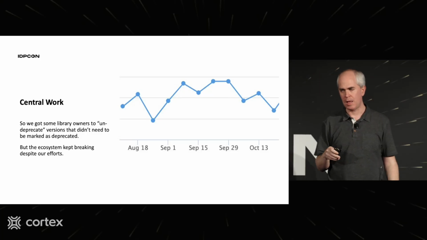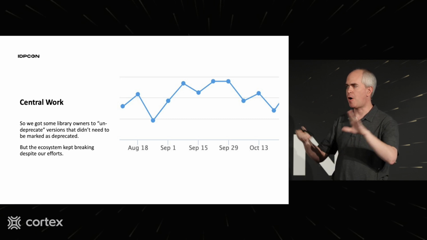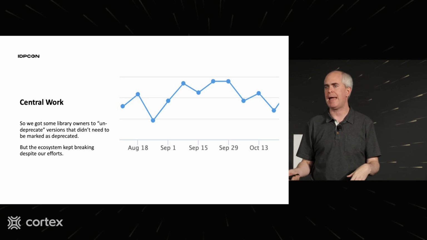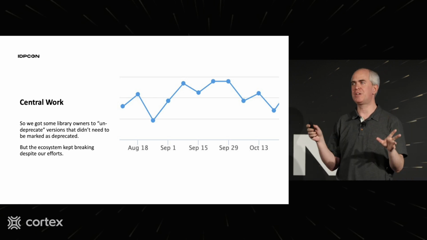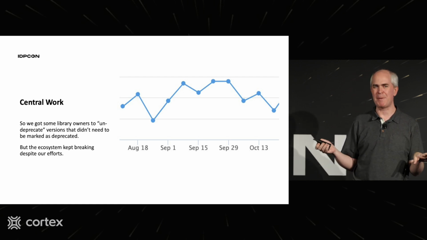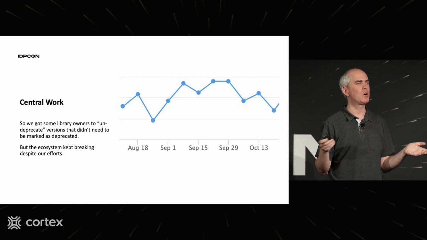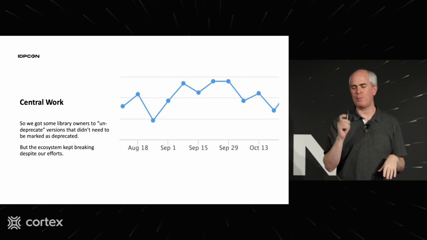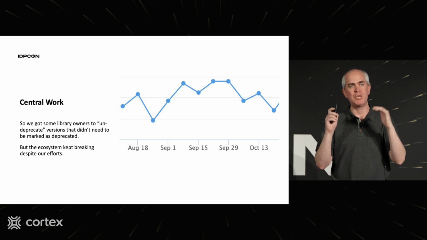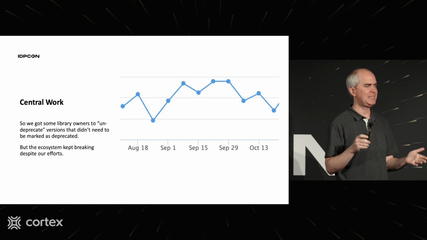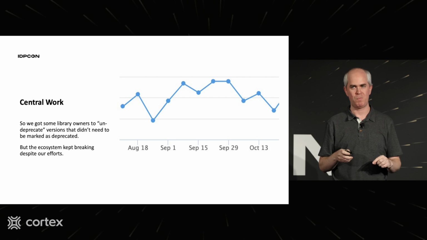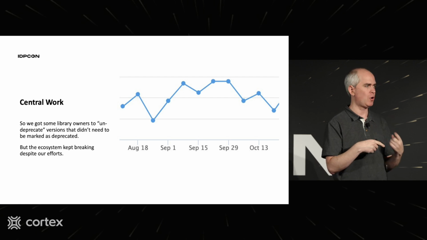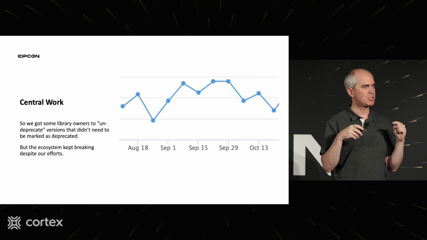The first thing we want to do, before we farm out a bunch of work to everybody, is this. You could just say, hey, everybody go fix your stuff, go do manual work. Well, that's sure to garner you a lot of bad reputation. People are not going to be very happy with you if you just show up and say, do work. One of the reasons is that it would have been impossible, and we know that because we looked at the data. The data said that if these people try to fix their builds today, they will break again tomorrow. We would just make them churn over and over and over